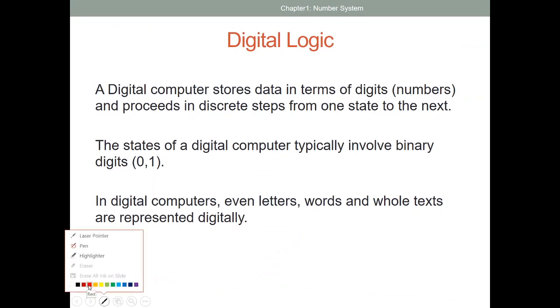Now in this slide, I'm going to discuss digital logic. A digital computer stores data in terms of digits. Whatever electronic device you take, it will store the data in the form of digits.